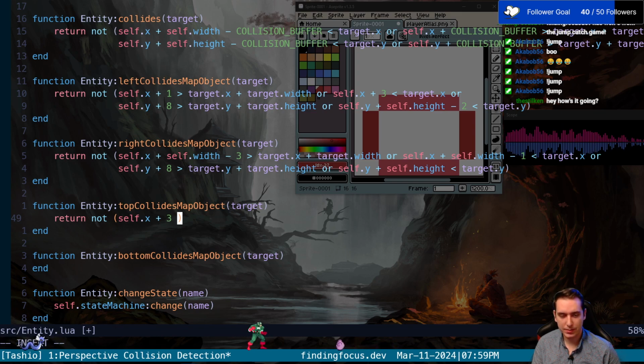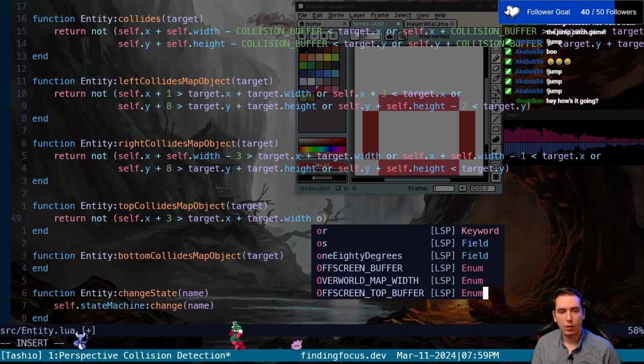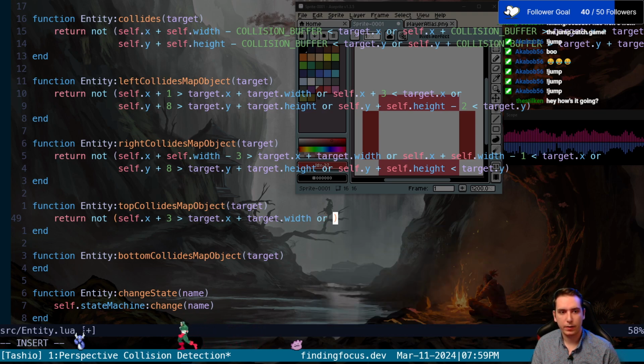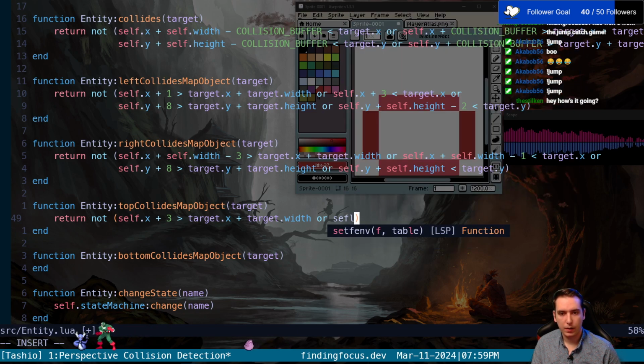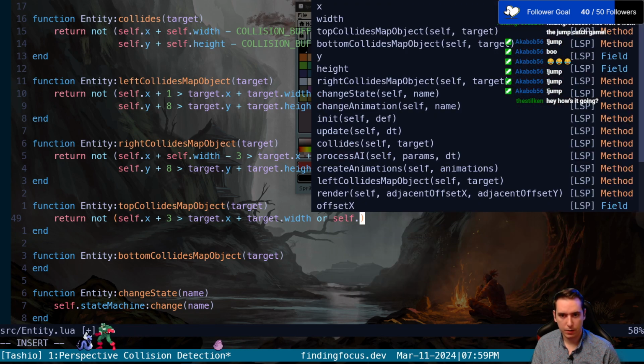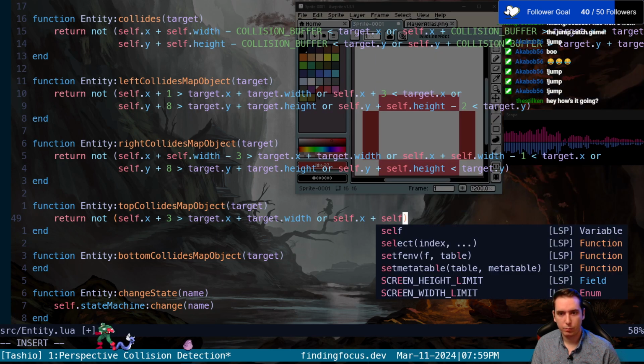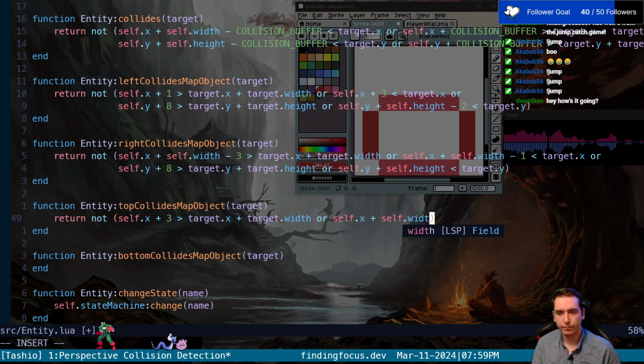We would see if our left side is greater than the right side of our target, or the right side of our top collides, which would be self.x plus width minus 3, would be smaller than the